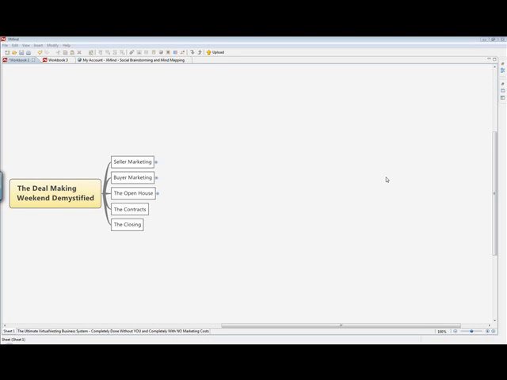Hopefully it's going to make it clear for a lot of you and help you connect the dots of what goes on in the deal. And so hopefully this is going to help you drastically in what you need to do in your market area to do this deal-making weekend, okay?